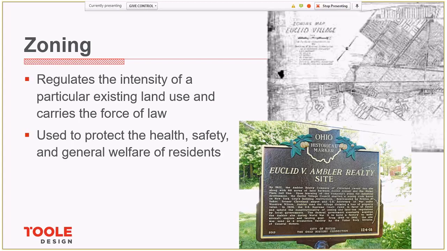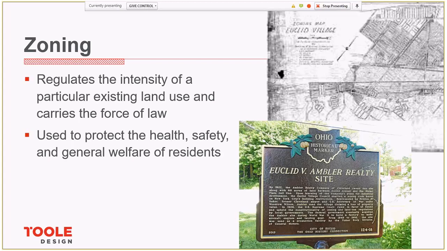And I think a fun fact for our audience here today is that the Supreme Court case that established the constitutionality of zoning originated in the village of Euclid, Ohio. Ambler Realty Company desired to build some industrial buildings on the property that it owned within the village of Euclid, but was prohibited by the village of Euclid's zoning ordinance. It was right next to a residential area, and the village did not want those industrial uses next to where people were living. The case went all the way to the Supreme Court, which ruled in 1926 that zoning was a valid use of the local government's police power and had a rational basis.